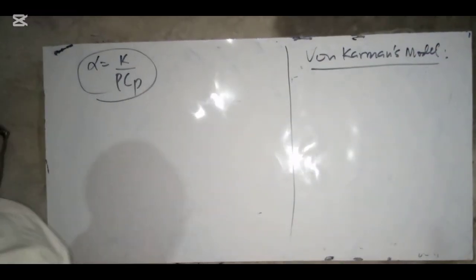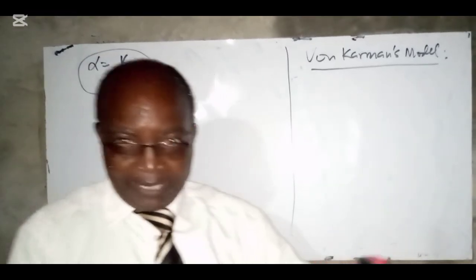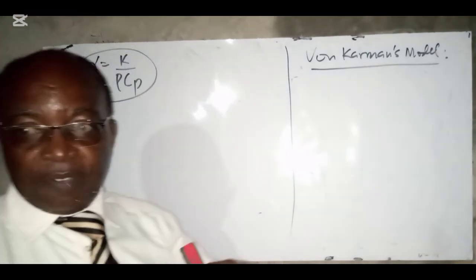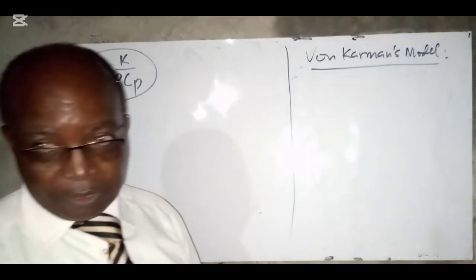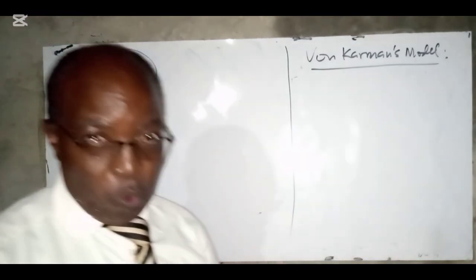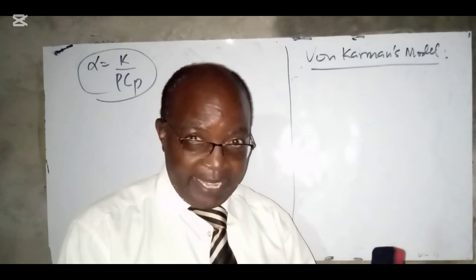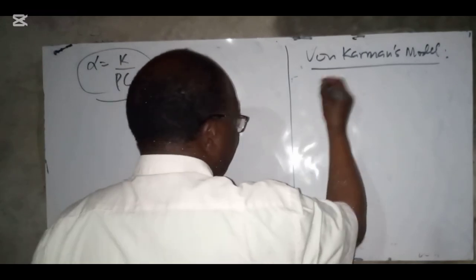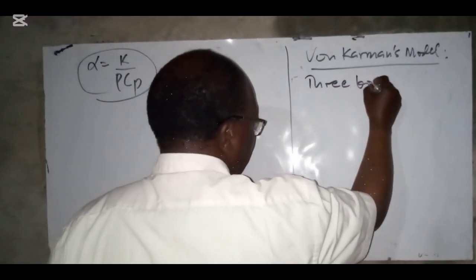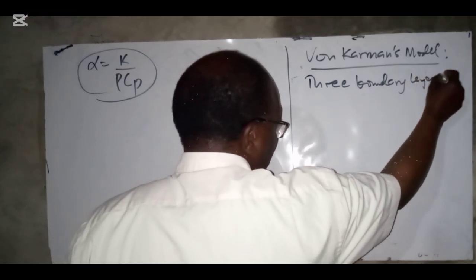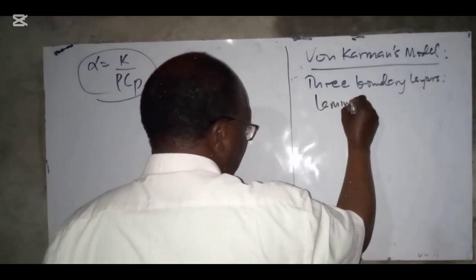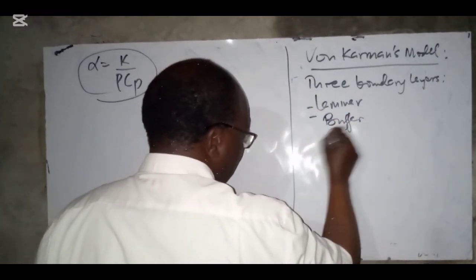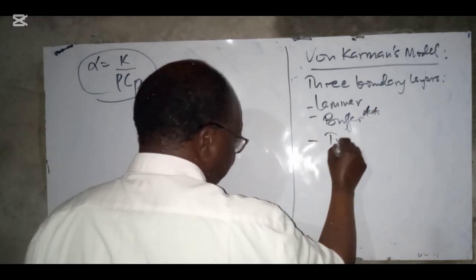So in the von Karman's model, the fundamental assumptions are that we have actually not 2 layers, like we talked of the laminar flow sublayer, and then we talked of the turbulent regions. That's the laminar region and the turbulent region. No. Now we have a 3rd layer in play. That is what we call the buffer layer. So we have 3 layers, 3 boundary layers. So we have the laminar, then we have what we call the buffer region. And then, of course, we have the turbulent